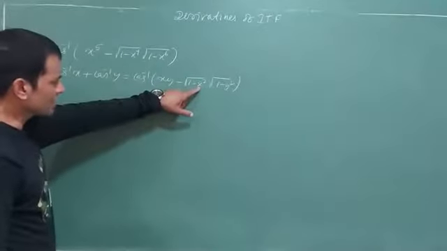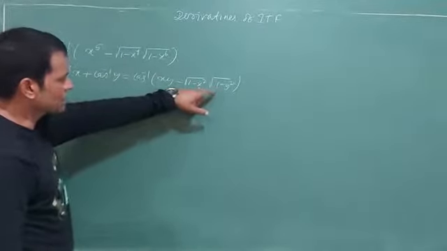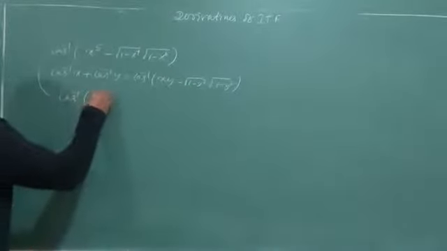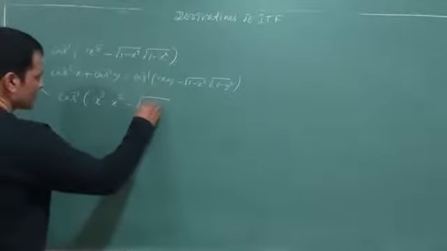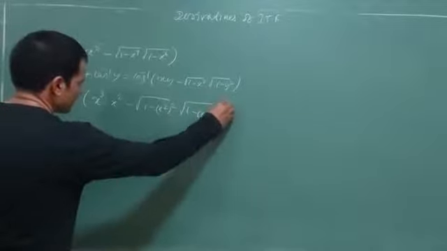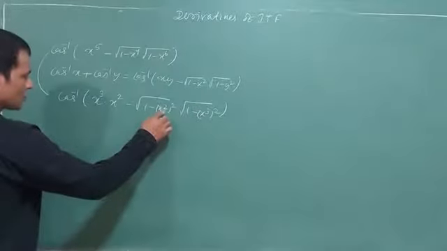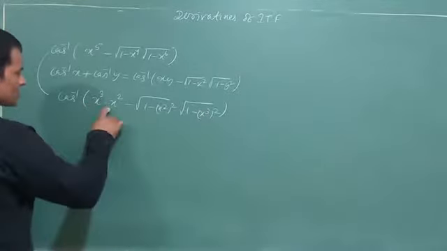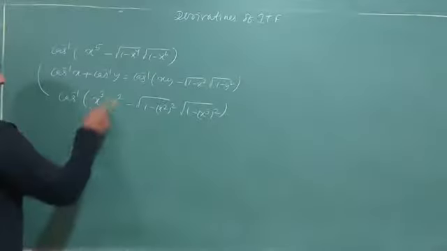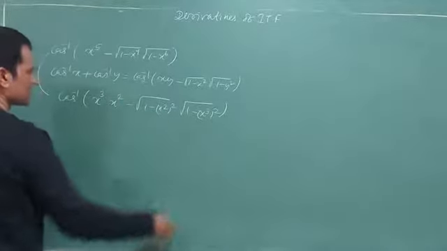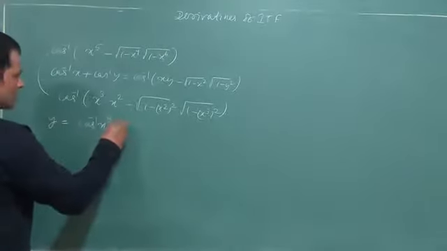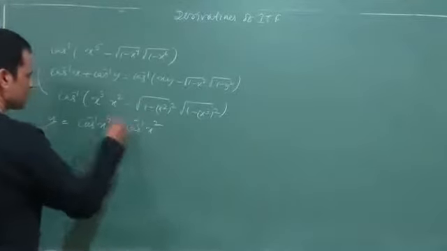Whatever value is there, it should be in the form of a square. So I'll write it like this: cos inverse x cube into x square, because I can write this one as 1 minus x square whole square, 1 minus x cube whole square. That means whatever values are here, its square root has to be here. Then in the product, you can see now you can balance this one. This is x into y, and root of 1 minus x square, 1 minus y square, equals cos inverse of x cube plus cos inverse of x square. You can find out the derivative now.